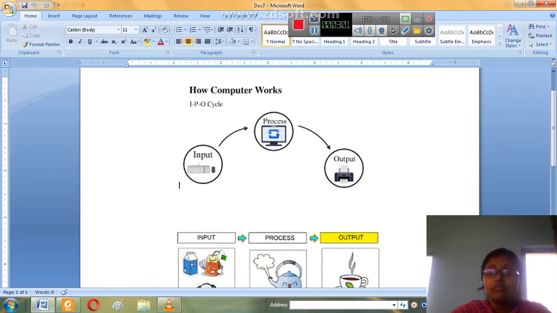So this term is actually information process output cycle, wherein the data is taken as input, then it is processed, and finally we get the output, and then at the last the output is stored in the storage area. So this whole series of activities, input, process, output, and storing, is the information process output cycle. I hope with this you have understood what is IPO cycle. So moving to the next topic.